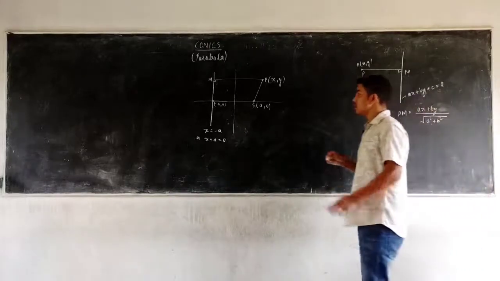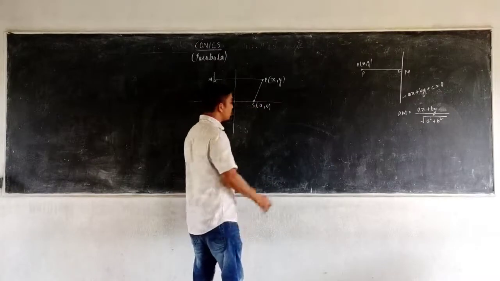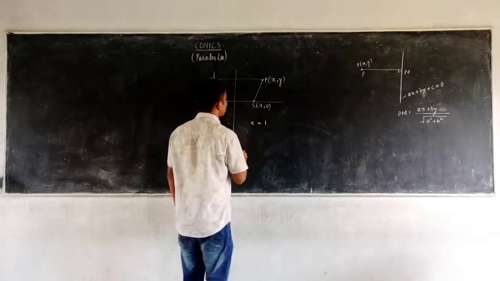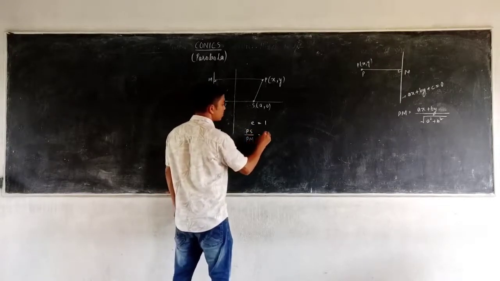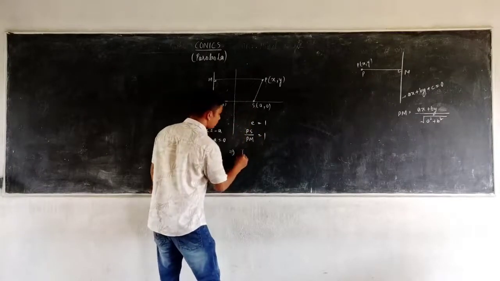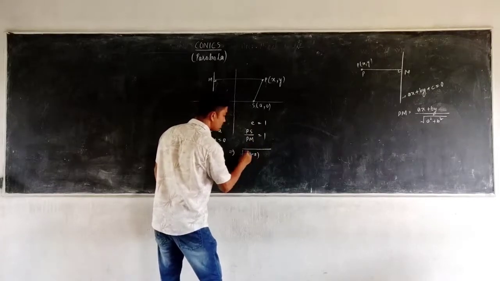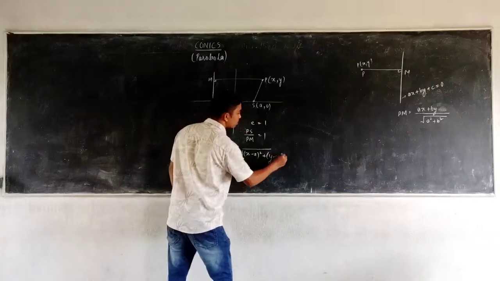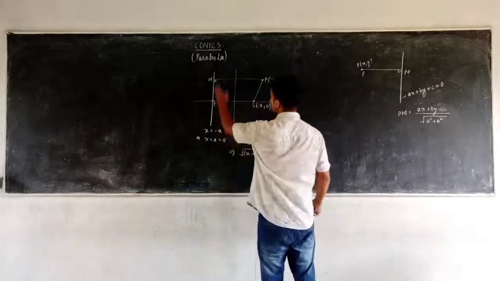So similarly here, what do I do? Now we have the eccentricity, or simply we know that e is equal to 1 here, okay. So what is the value of e? e is equal to PS divided by PM, which equals 1. So this implies, what is PS now? Using the distance formula, I can write it as under root of (x minus a) whole square plus (y minus 0) whole square equals, now what will be the distance PM here?